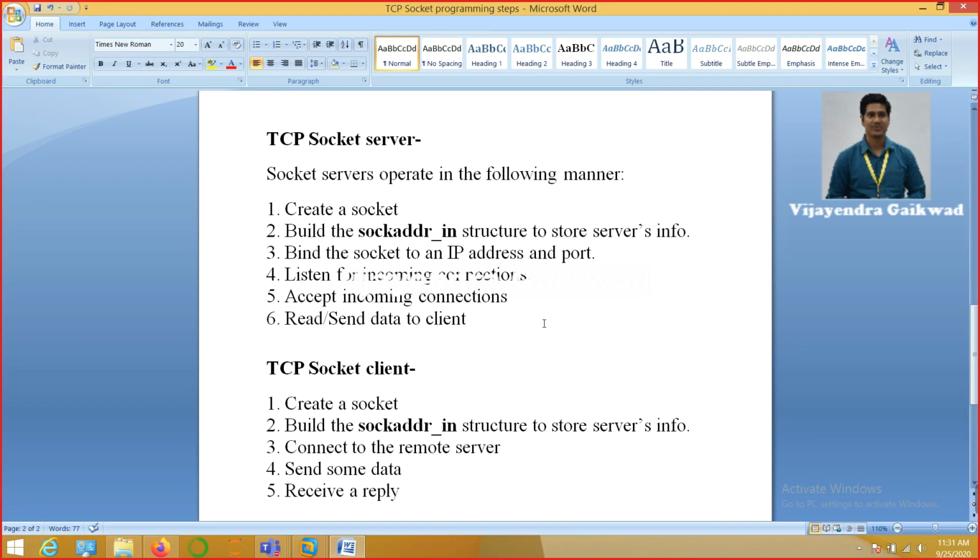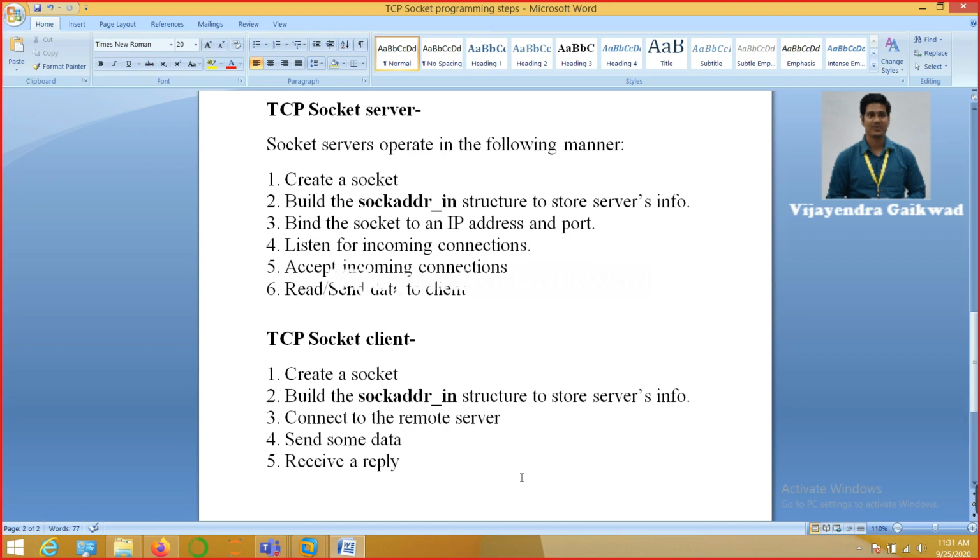Okay, next, like we have a TCP server, we have a TCP client. Again, we will create a socket on the client as well. Since we are trying to communicate with the server, we will keep the server's information in a structure variable of the same type.